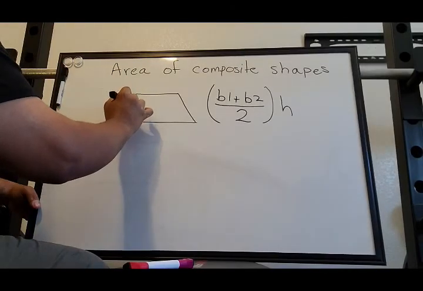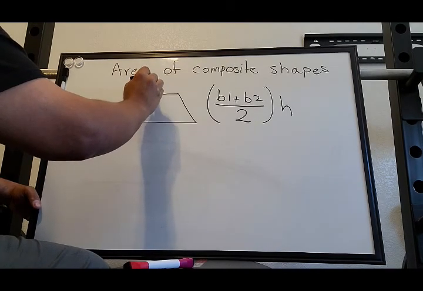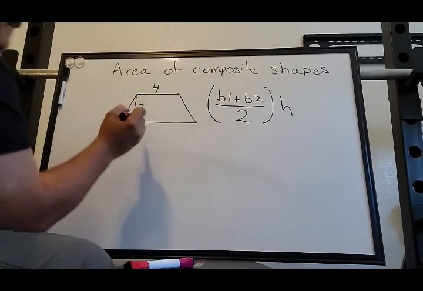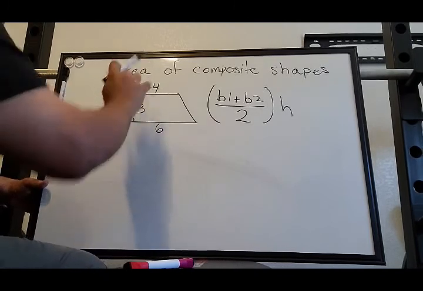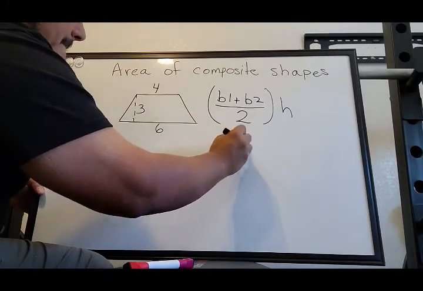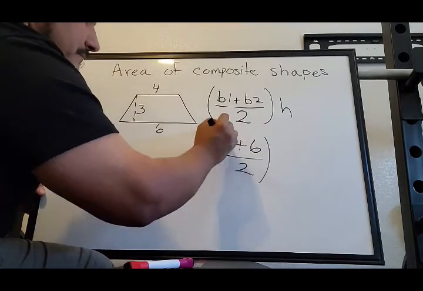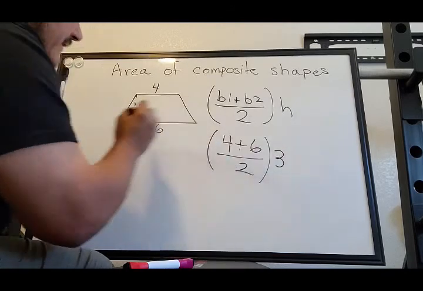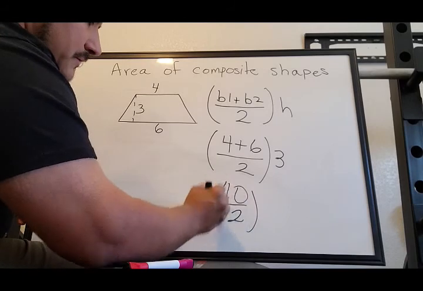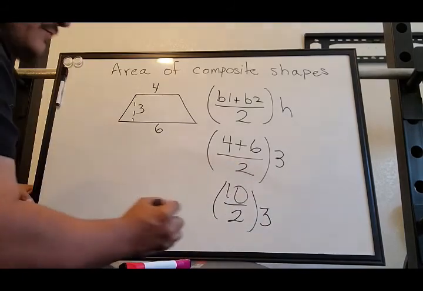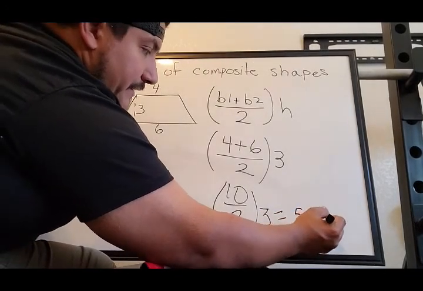If our height is 3, our base 1 is 4, and our base 2 is 6. 4 plus 6 is 10 divided by 2 times 3. 10 divided by 2 equals 5 times 3 equals